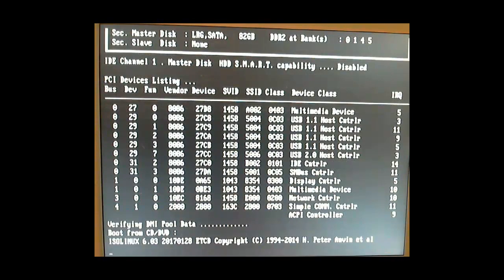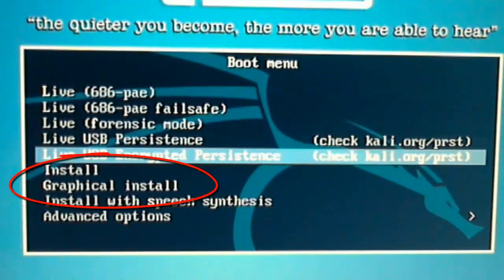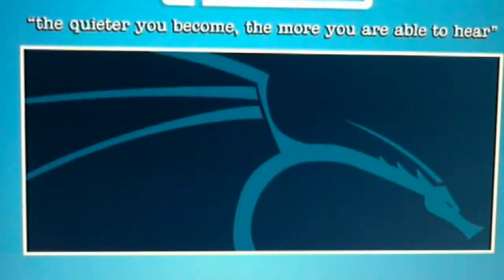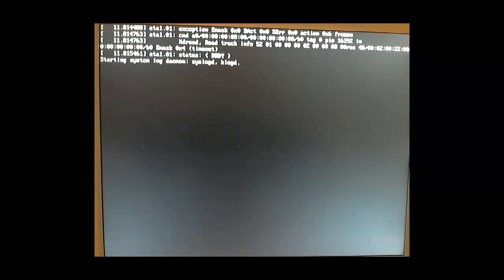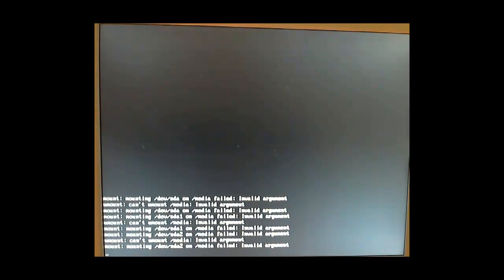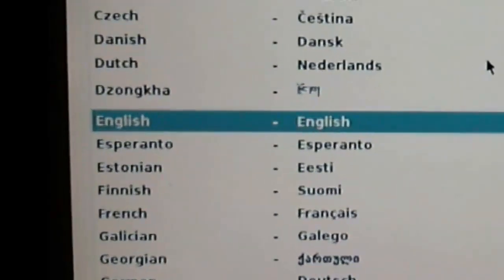Now boot from my DVD. Choose graphical installer. Language for the installation, English.